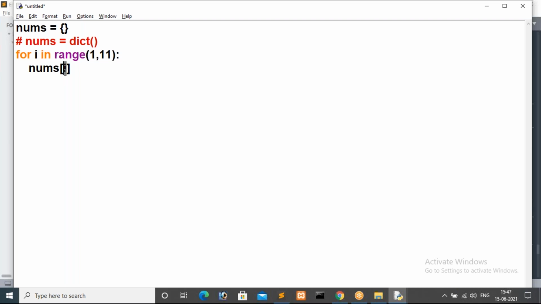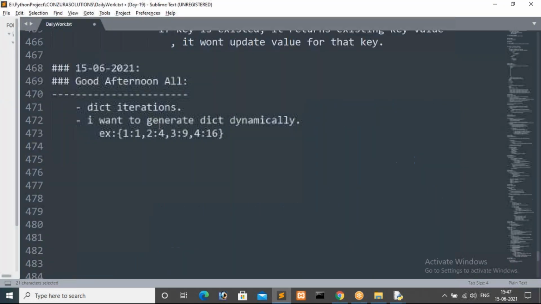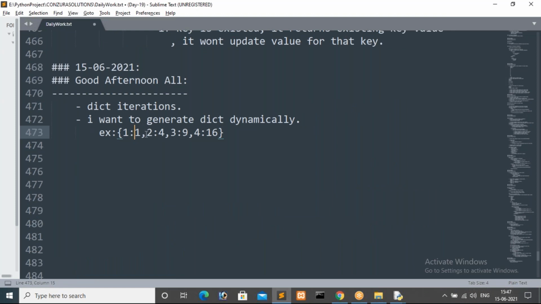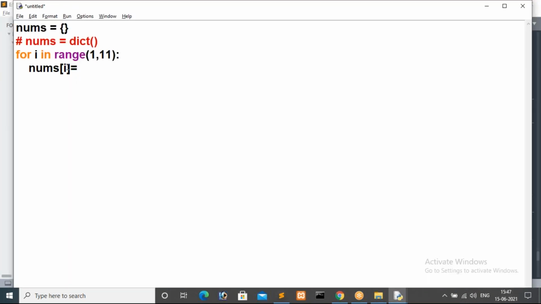Then, is equal to, what do I have to assign as the value for this key, guys? Now, based on this assignment, what do I have to place as the value for that key? Now I'm creating nums of i, in the sense the Python interpreter will check whether that value exists inside the dictionary or not.